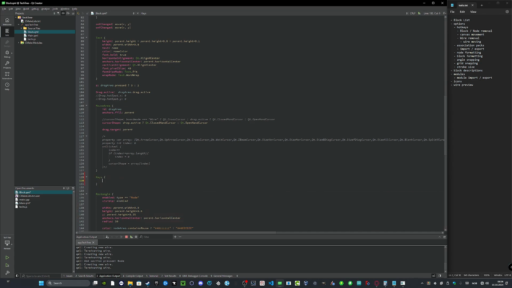Keys. Oh, that was not quite right. Keys dot unpressed. Event. And then we can do the bracket of how to do it. So we say that if the event dot key is Qt dot R key